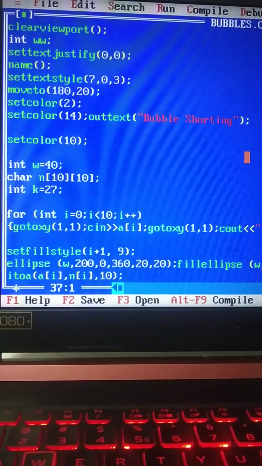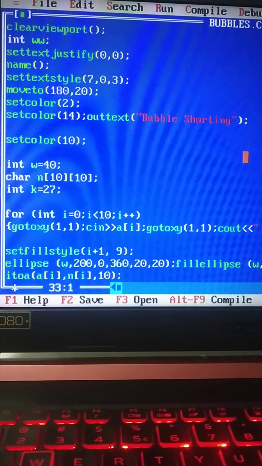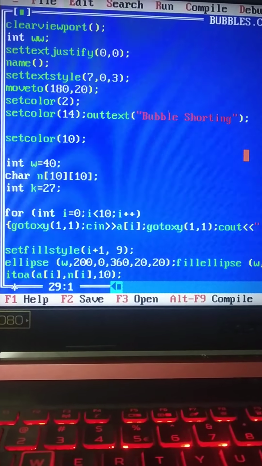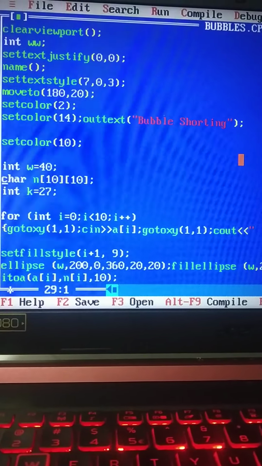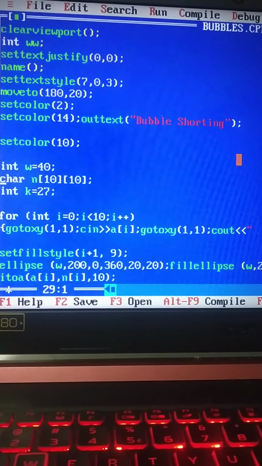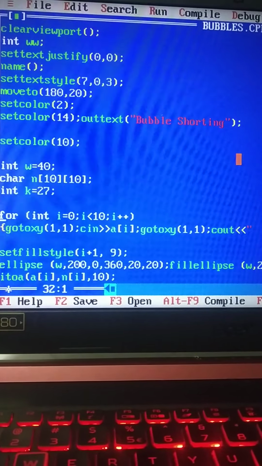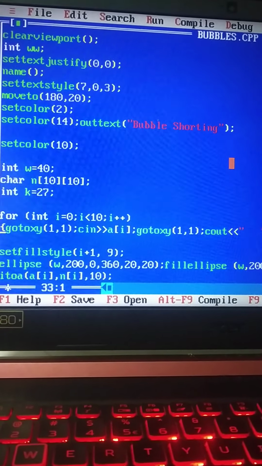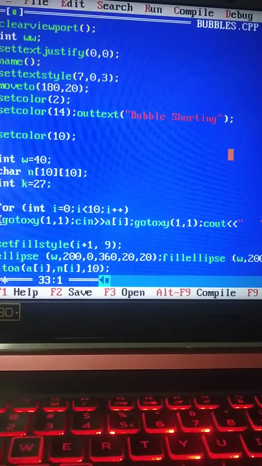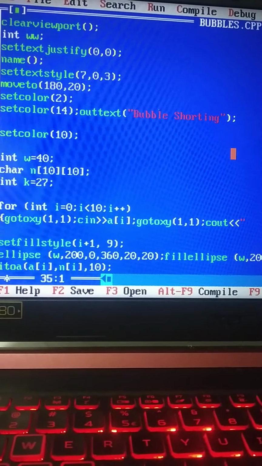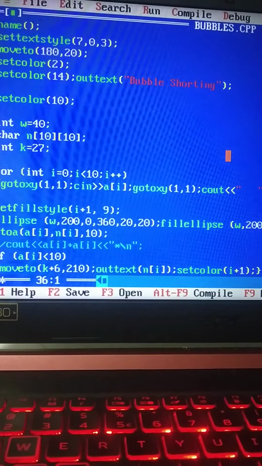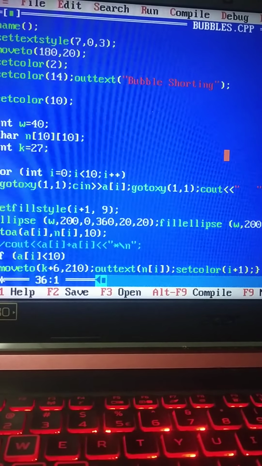Then one double dimension array I have taken, this is the double dimension array char in, where I am going to accept part of the screen. I'll cut the part of the screen, put it in that array, and then I will display this graphics. And then I have this one, goto XY. With the help of this I am jumping to a particular place on the screen, and then with the help of the ellipse command I am displaying those names on my screen.